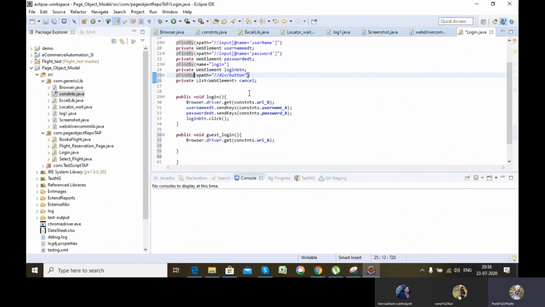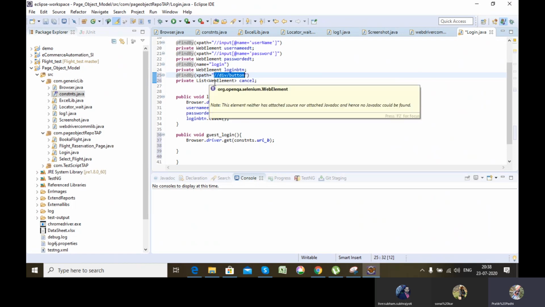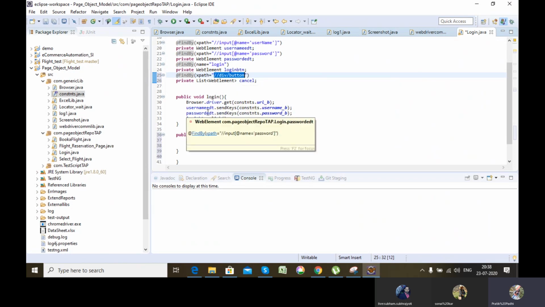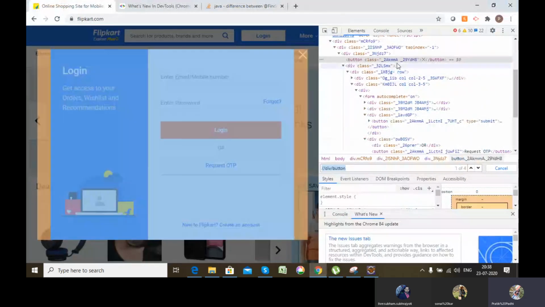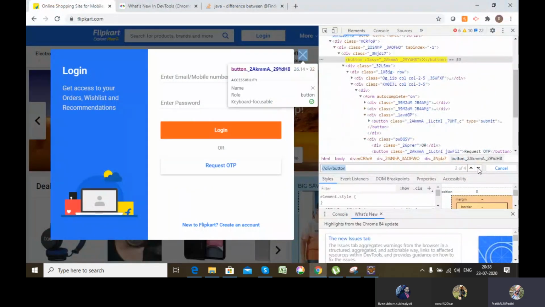Okay, so here what I have done is I've given the XPath as this value, which will return me 4 web elements. Because it is returning multiple web elements and not a single one, I will be storing them in a list of web elements. I'm interested in the second value of that list, because here you can see it is the second one.